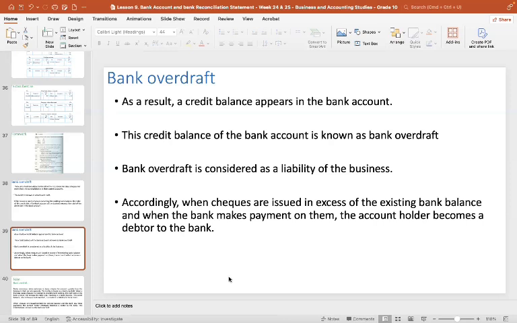Most of the time a bank overdraft can be taken over the phone. You can take a bank overdraft over the phone or through a relatively simple mechanism. But there are several instances, I will say, even in the bank overdraft,